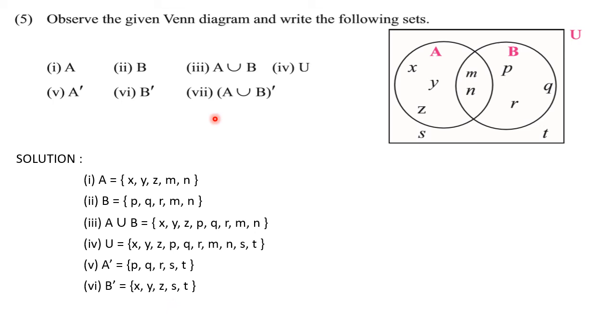Then we have to write down A union B complement. So then you can see these two sets, A union B and U. Okay, the remaining elements from the U which are not present here. So we can see S, T are the two elements which are present. So that gives us A union B complement. Or you can see in the diagram, these two circles form A union B. So the remaining elements will give us A union B complement. So A union B complement contains only two elements. They are S and T. Okay, in this way you can solve the sums.